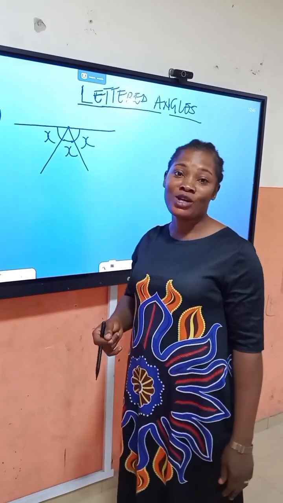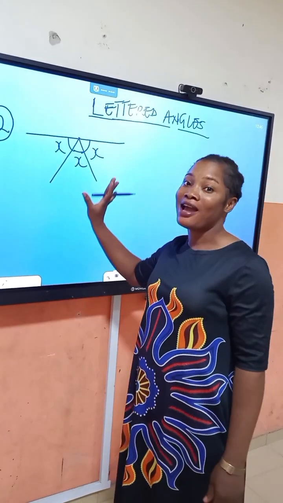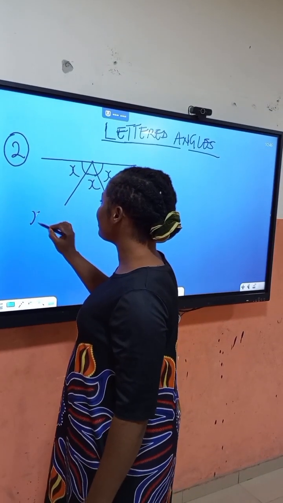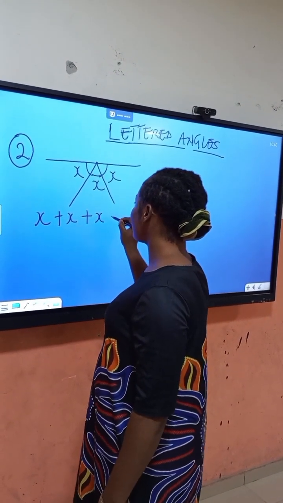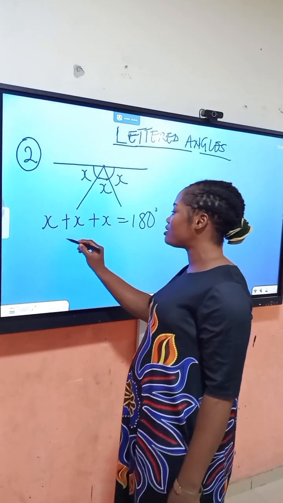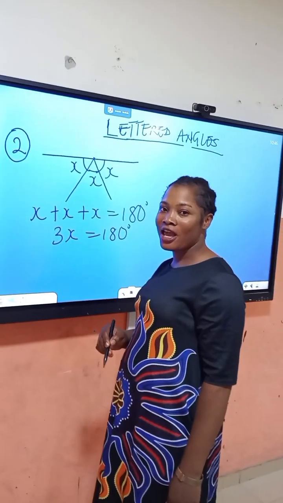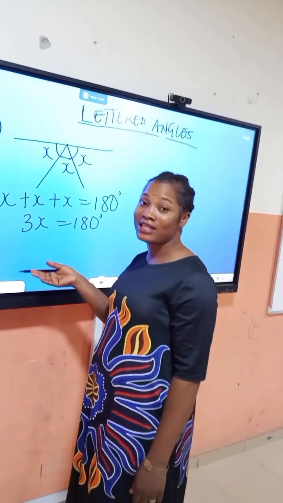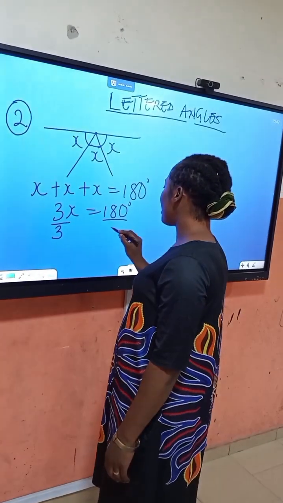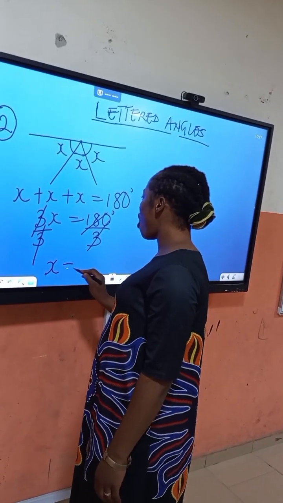Okay, let's go to number 2. These are angles on a straight line, though they are turned upside down. The sum of angles on a straight line is 180 degrees. So we have to add all of this: x plus x plus x is equal to 180 degrees. x plus x plus x is 3x, equal to 180 degrees. So we divide both sides by the coefficient of x, which is 3. We divide here by 3 and here by 3, and when that is done, we have x equal to